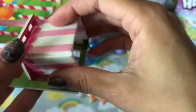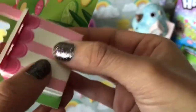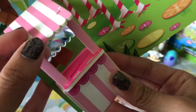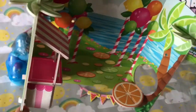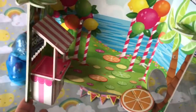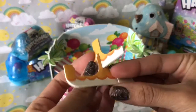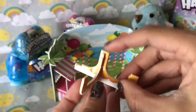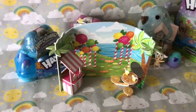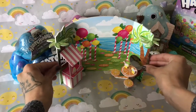I'm making myself cringe so hard on like every other piece I touch. I like rip it a tiny bit. Guess, you know, that's what you get with paper, but oh, I want it to be perfect. Oh my gosh, that is freaking adorable. It's a little stand. I'm so hyped. Then these two parts here are gonna make a piece of a table, basically. And this on the top says the deer instructions. So now that we have everything set up all perfectly adorably,